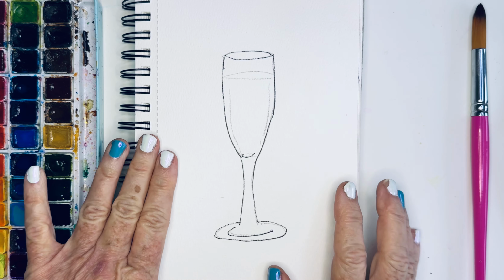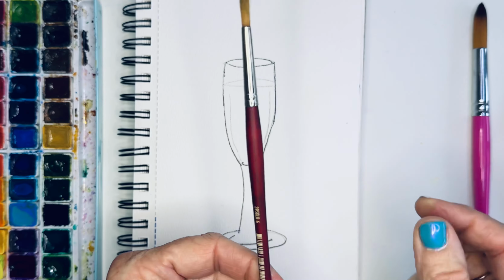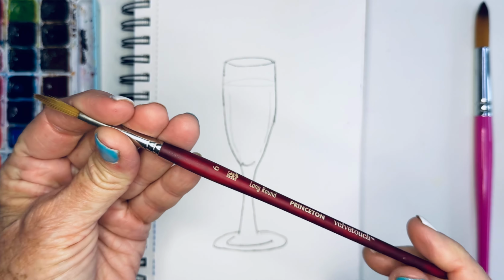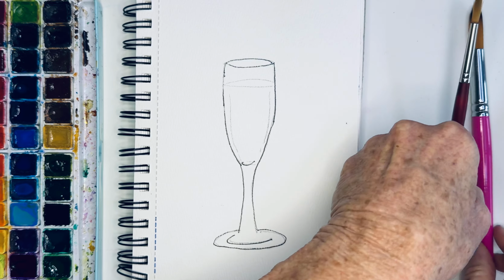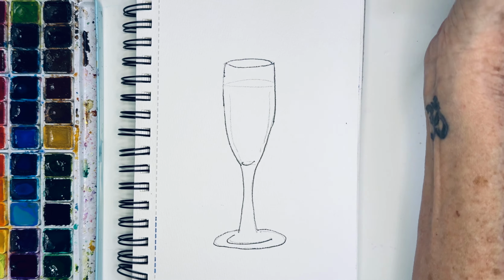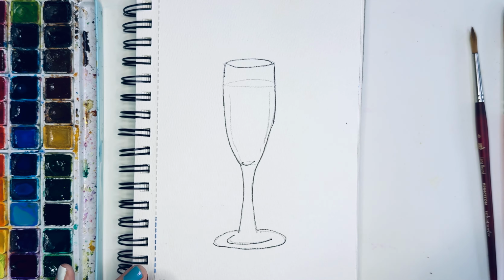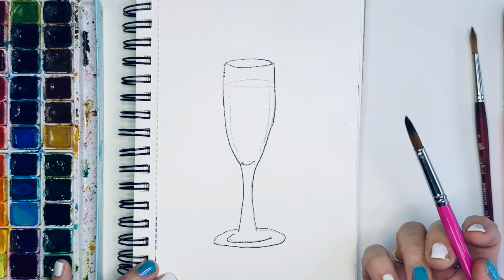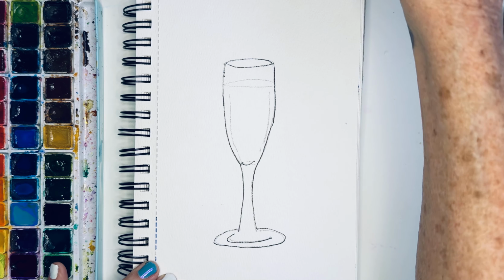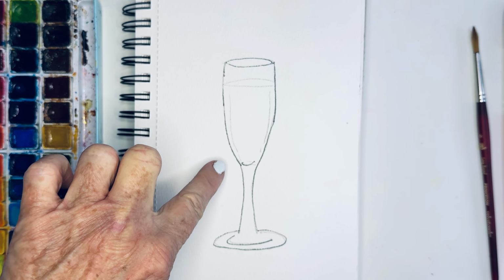So we've got our little glass here, and you can use your 8 Princeton Velvet Touch. You know, I love these, that velvety touch, short handle, and really snappy. I'm going to be using my brush set, my 8 round, and it's also short and very snappy. But if you didn't have an opportunity to get those, you can definitely use that 8 Princeton. And then what I'm going to do is I'm just going to go along here and maybe create a little like